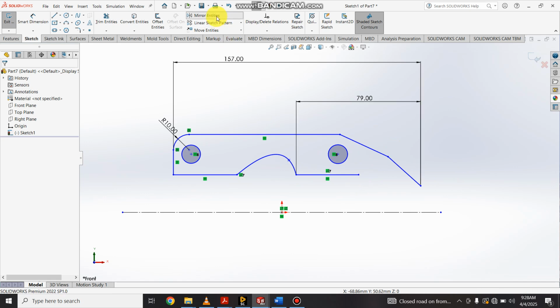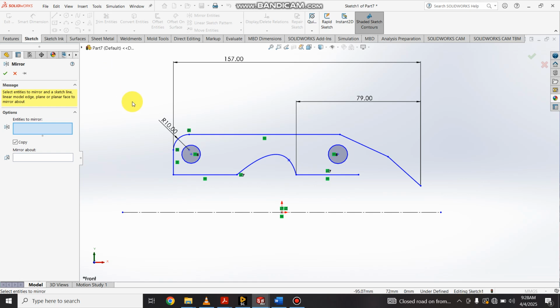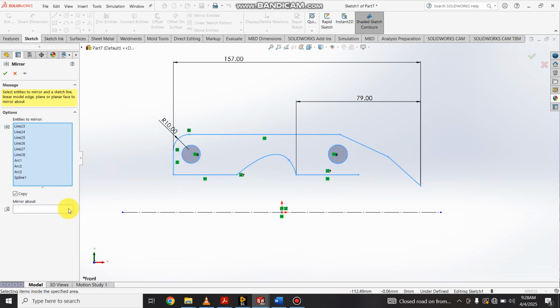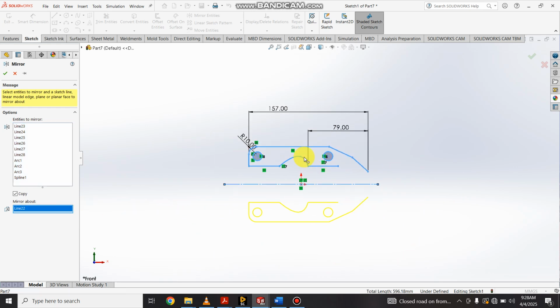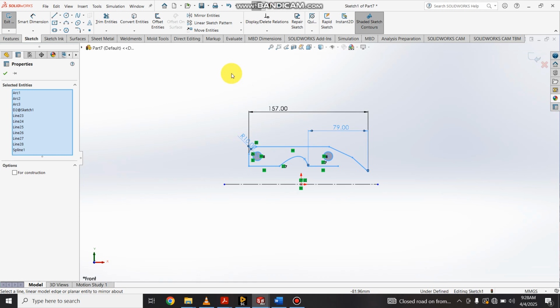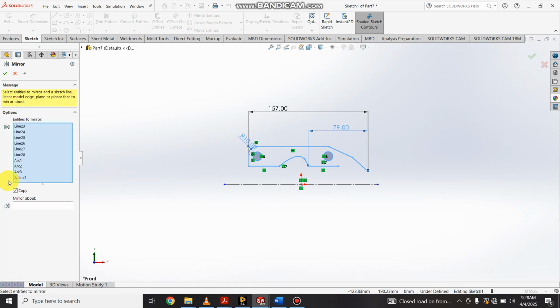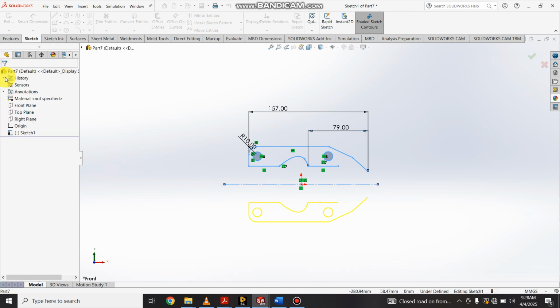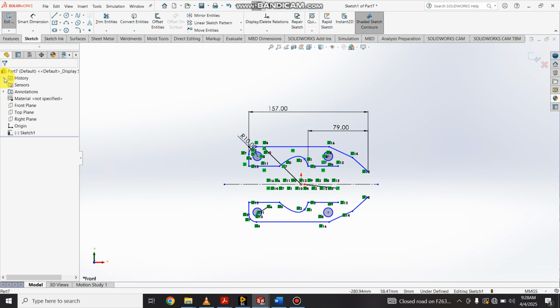So I'll click on mirror entity. I'll highlight all. I just click somewhere to highlight, just like a document. I'll click mirror about and I'll click here. As you can see, I go over it again. I'll highlight all. Click on mirror entity. I click mirror about and I click here. So after doing that,